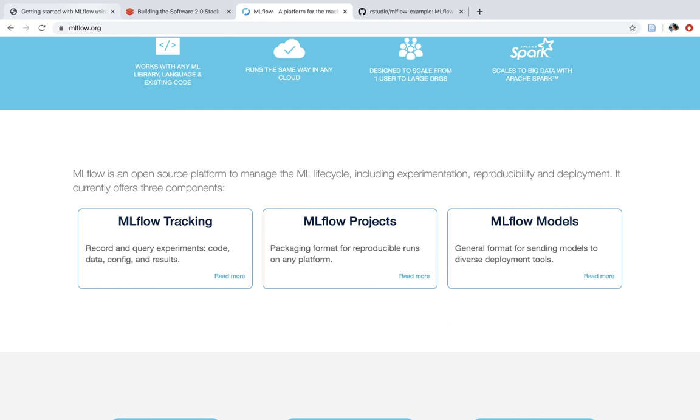And actually MLflow makes use of Packrat, and hopefully in the future it will make use of renv to actually help you track your projects and be able to reproduce code and models and datasets with ease. And then the last one is models. You can actually take a model and deploy it to production